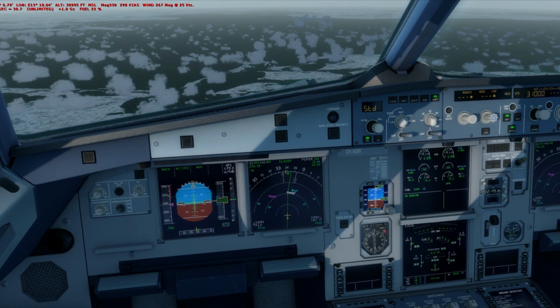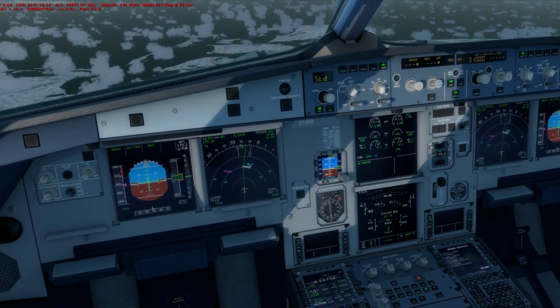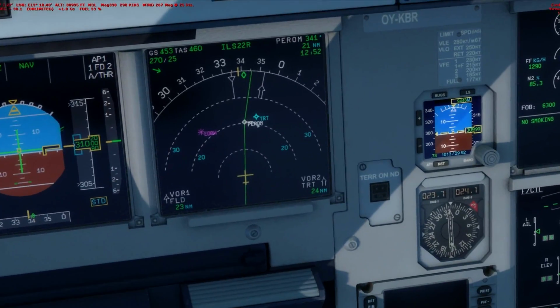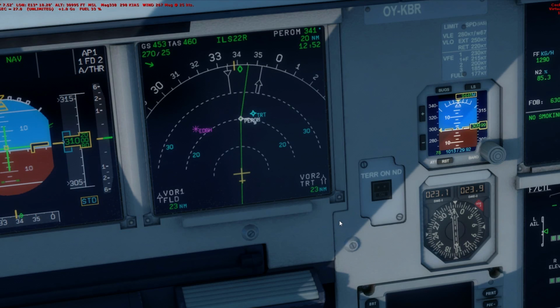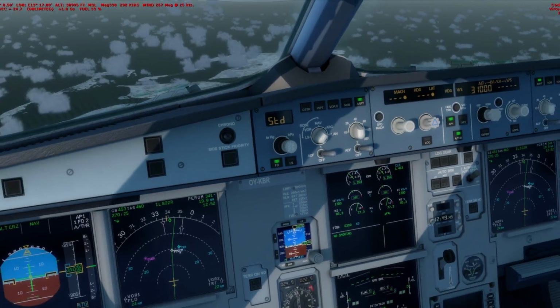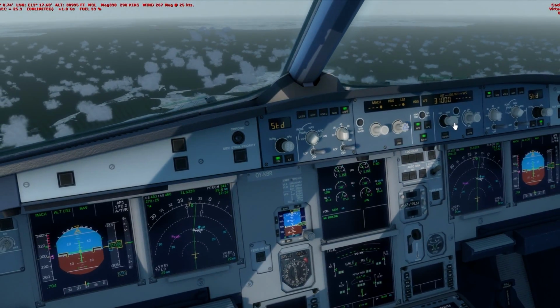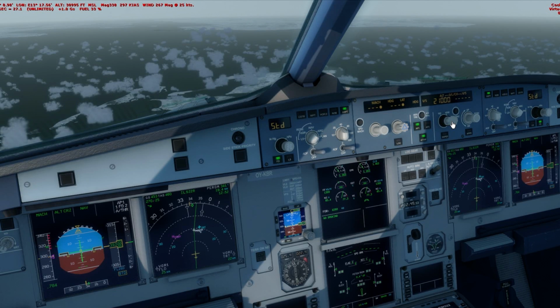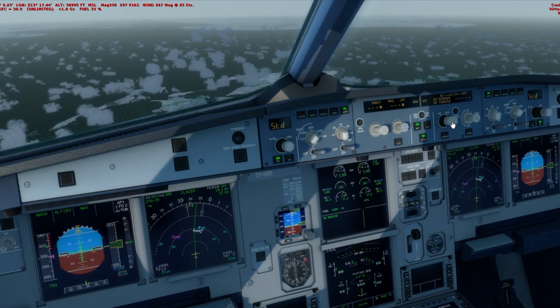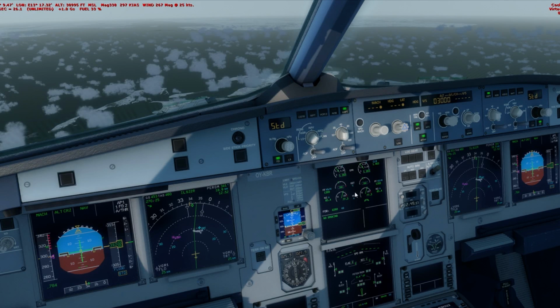As you can see on our navigation display, we are now almost 20 nautical miles away from our top of descent, and the important thing in the Airbus is that you give it enough time to do the managed descent. So I usually dial in the next altitude constraint. I have no air traffic control on, so I'm going to dial in 3,000 feet, and I